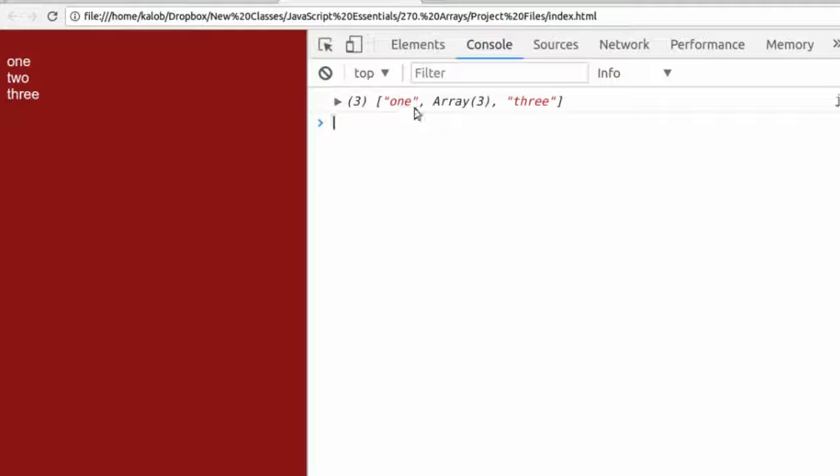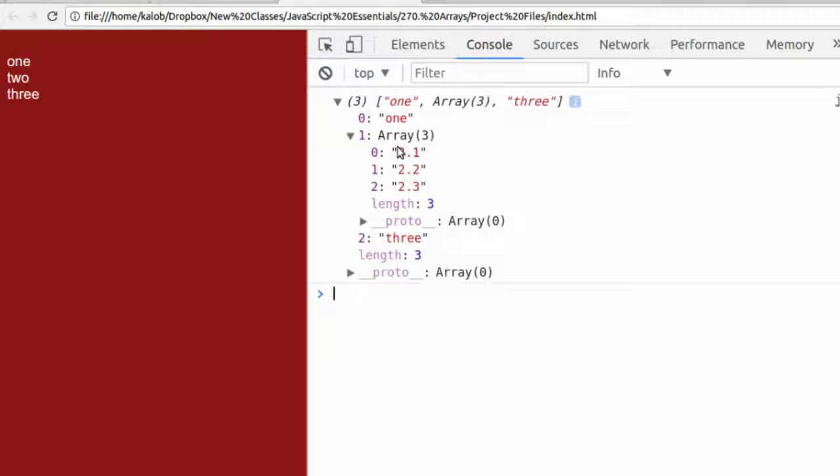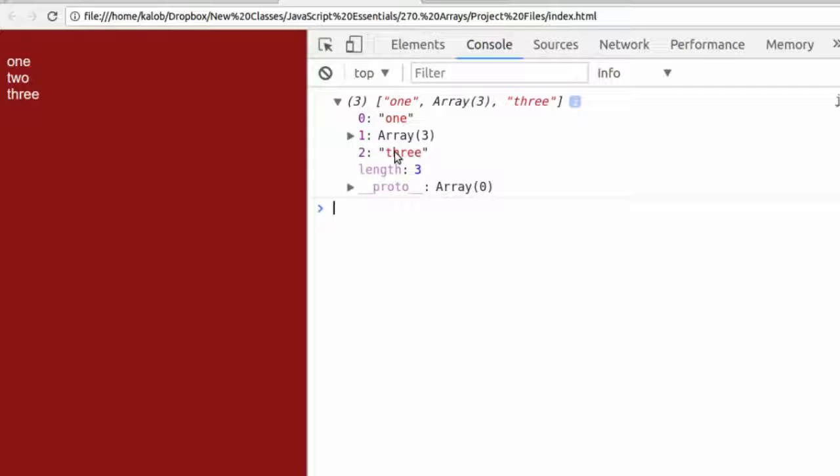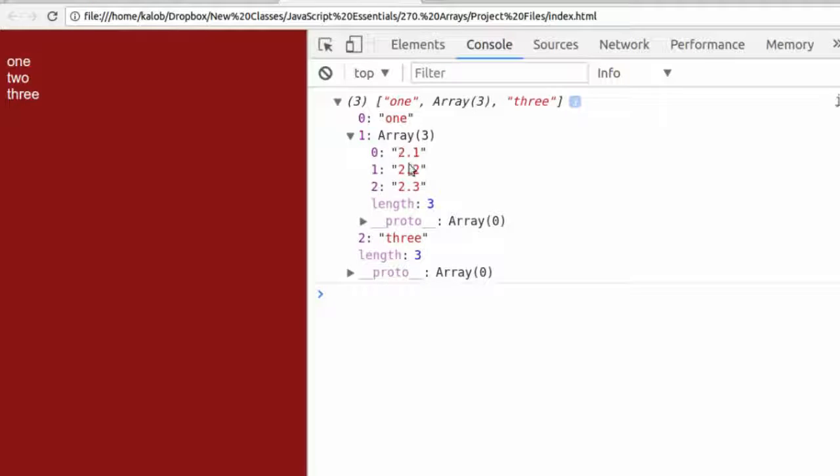And now we have our first value is 1, our second value is an array, which has 3 values in it, 2.1, 2.2, 2.3, and we have our third value, which is just 3. So now if we wanted to get the value of 2.2, all we have to do is look at this